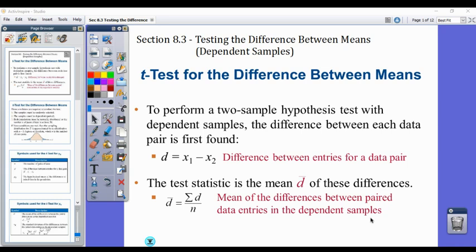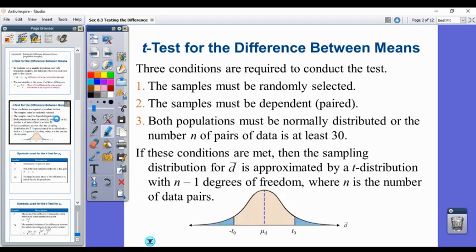So in order to perform the test, we're going to have to find our difference. And in this case, our difference is going to be the first data value minus the second data value. We find the mean by adding up all those differences and dividing it by the total number in the paired data samples. Okay, so we have a few things that we need to keep in mind, and they are